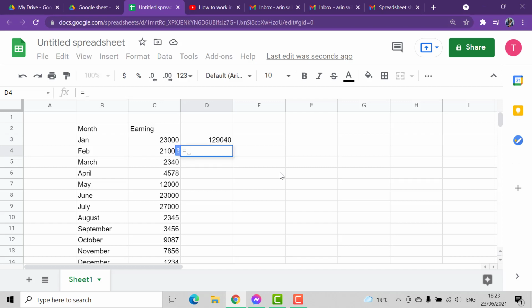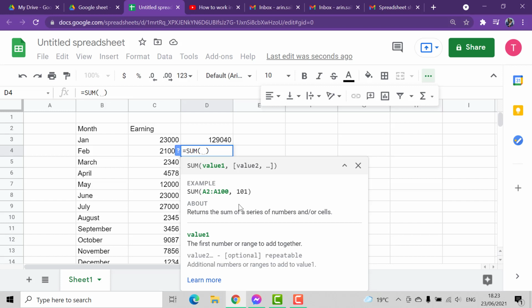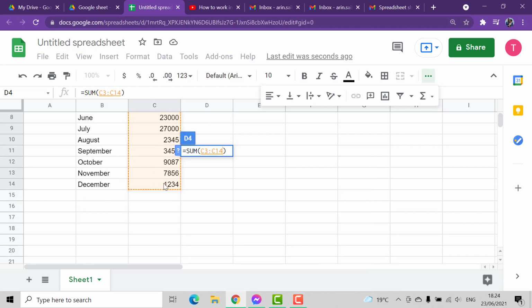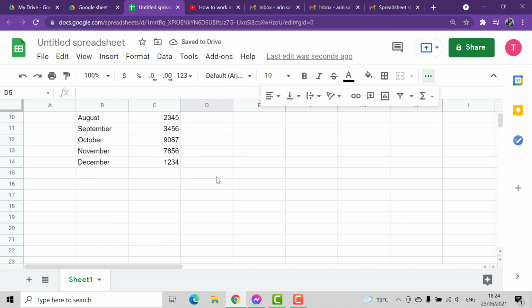You go here and find out the function, and look at the function sum. And in between these brackets, you can give it the range. You can drag and fill the range with, and here you can see,